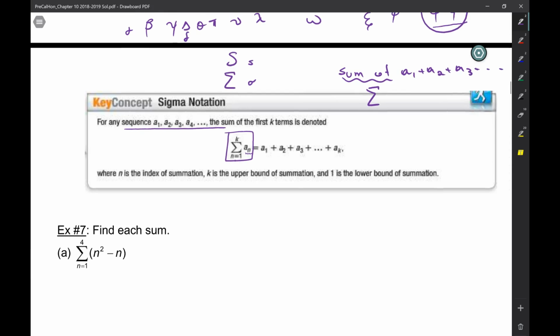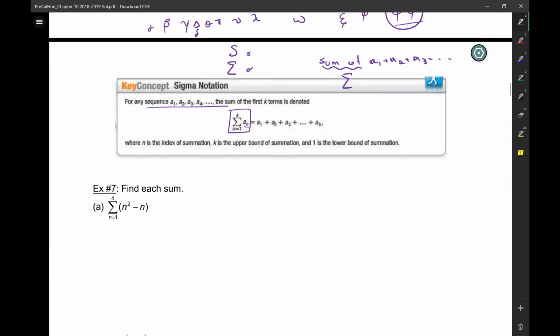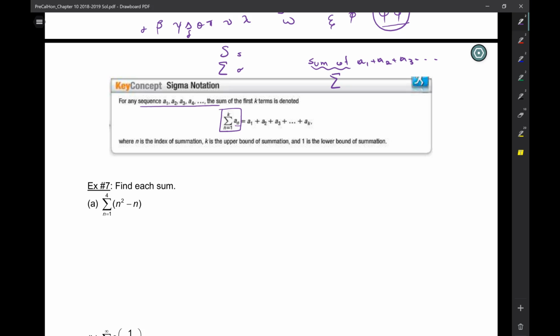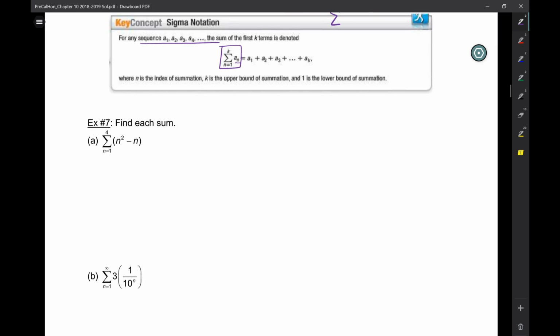Okay, so that's the sigma notation, and it's a much more concise and efficient way of writing things. So let's take a look at this one, and it says to find each sum. It says add up all of these things from n equals 1 to n equals 4. So basically, I'm going to add up A1, A2, A3, A4. So what I do is,